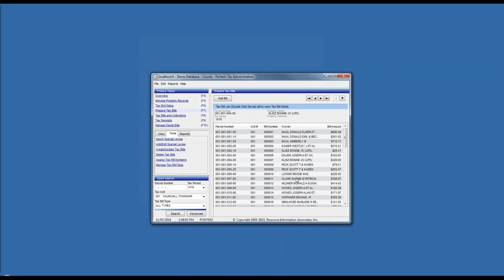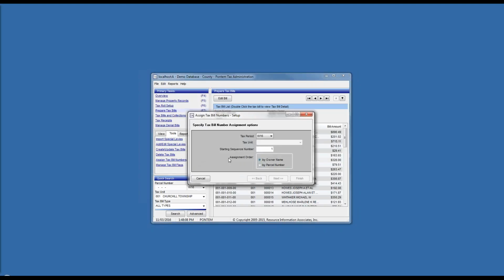The other item is assigning new tax bill numbers to the parcels. The tax bill number itself is a non-critical number. It's not something the system uses for anything. But it's out there as a convenience and a reference back to the old days when everything balanced together on that tax roll number. That's how you got to the parcel, is by the tax bill number rather than the parcel number. So this allows us to renumber